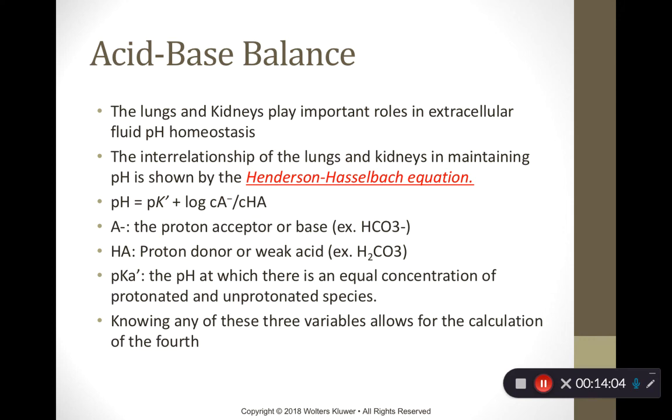Okay, so again, as I said before, the lungs and the kidneys play a huge role in the regulation of extracellular pH or the regulation of hydrogen ions. The interrelationship of the lungs and the kidneys in maintaining the pH is shown